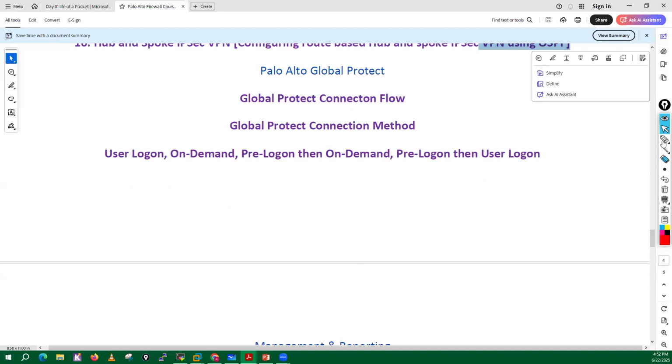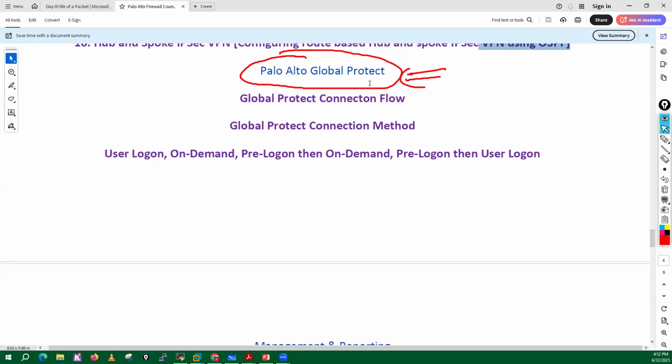Once IPsec is complete, I'll move towards GlobalProtect. A very nice topic of Palo Alto, GlobalProtect is a remote access VPN solution from Palo Alto. I'll discuss GlobalProtect in very in-depth detail. I'll go through the connection flow of GlobalProtect, and we will validate that connection flow by running advanced level debugs in the rest manager daemon, in the appweb3 daemon, and in the nginx daemon.